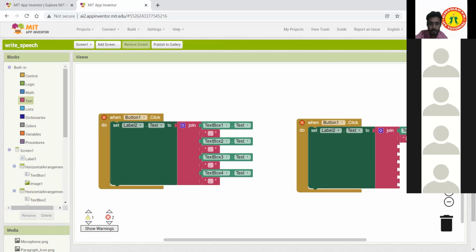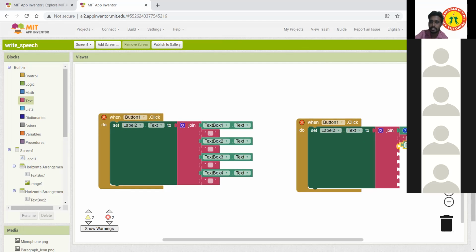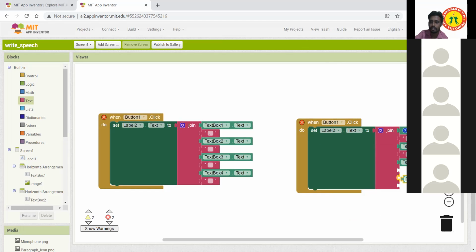Done. Same, just copy this one, place it here, change it to text box 2, and copy this full stop also. So copy this for text box 1, 2, 3, and 4.